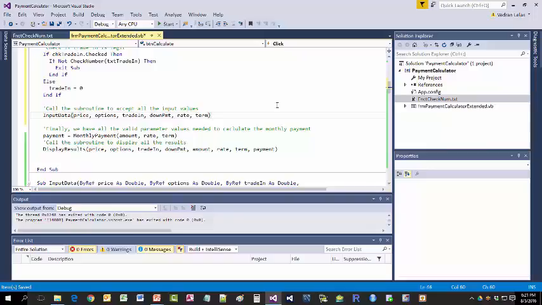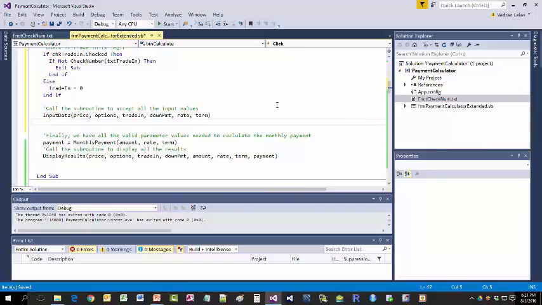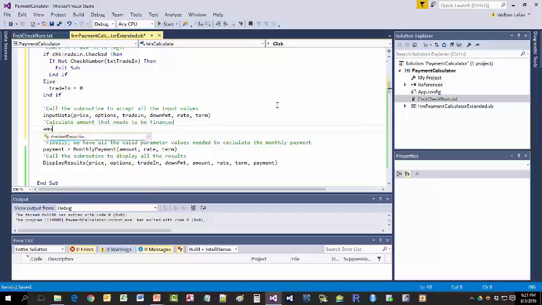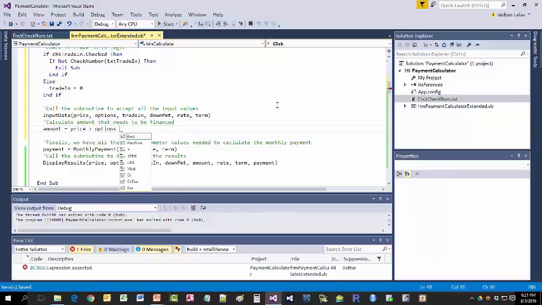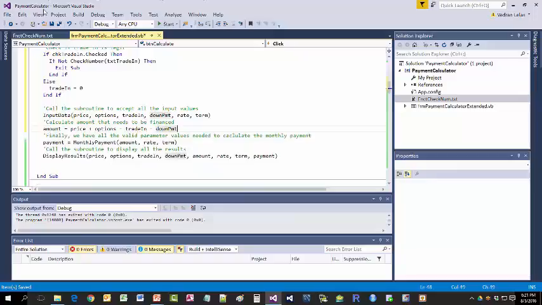And so we have to then make the final calculation, intermediate calculation, to calculate the amount that needs to be financed as amount equal to price plus options minus trade-in and minus down payment. Okay, save, and then scroll up and down a little bit,